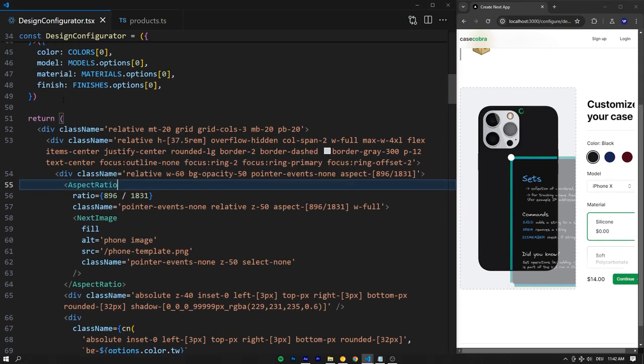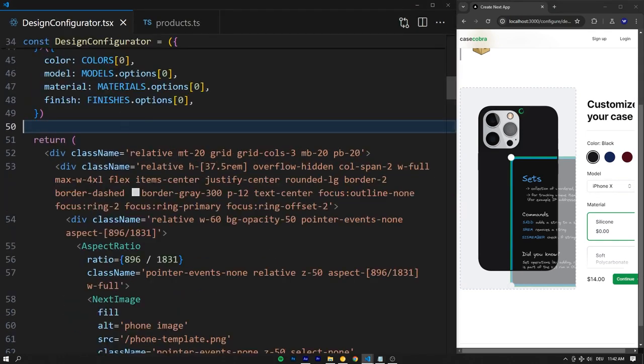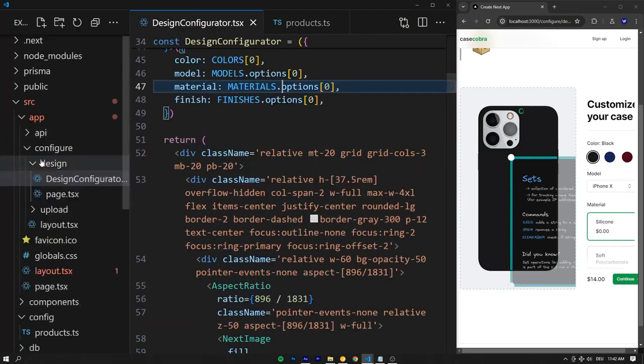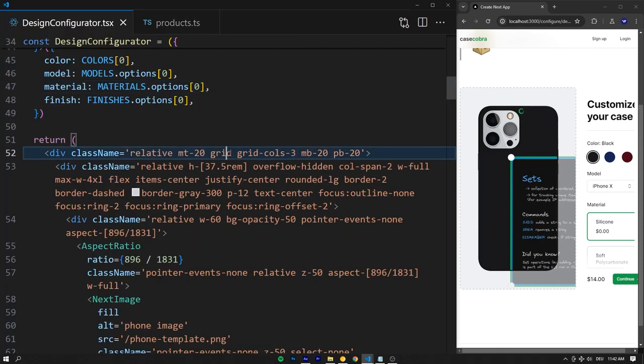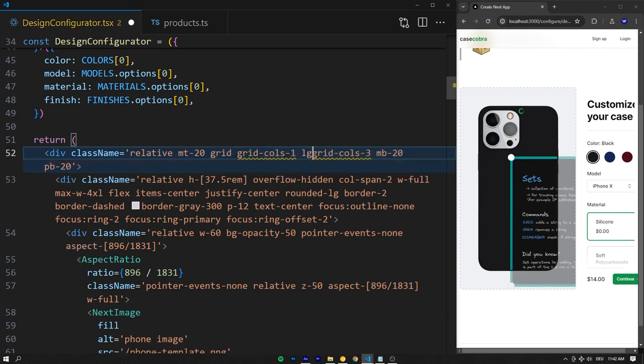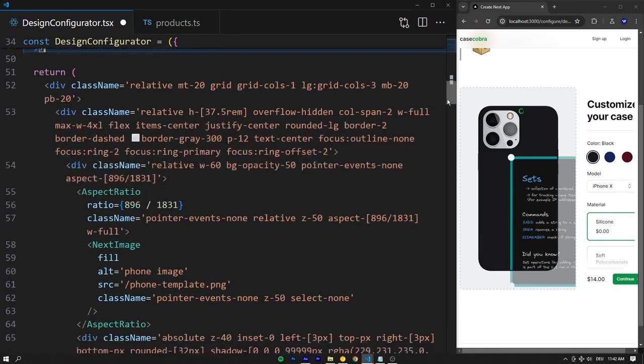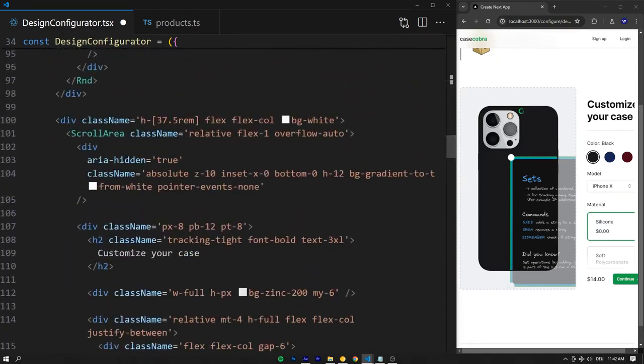So what we're going to do is, inside our design configurator file that lives right here under configure, design configurator, we're going to specify that this grid should be by default a 1-column grid. So we're going to say grid-cols-1. And only on large devices and upwards is it going to be grid-cols-3 at the very top level div here. And then similarly, on the other div that had the height of